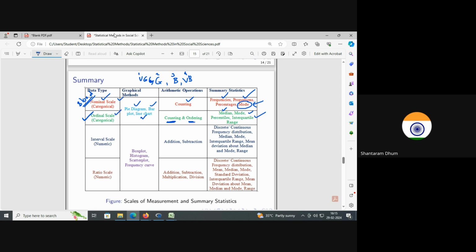And even the summary statistics are different. Interval and ratio scales are used to record numeric data, and box plot, histogram, scatter plot, and frequency curves are used to represent such numeric data. If that numeric data is measured on interval scale,